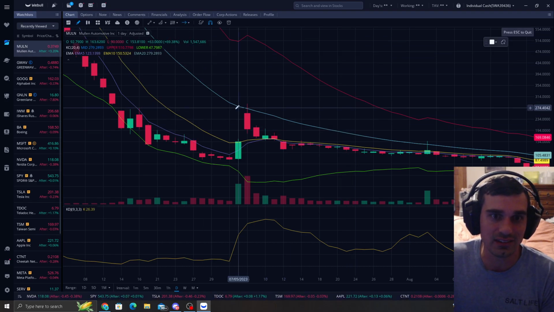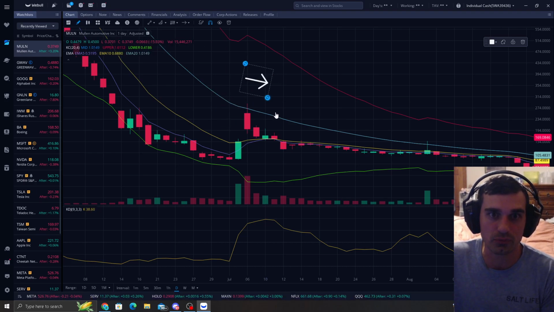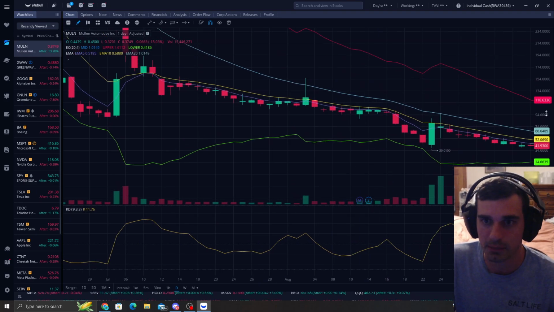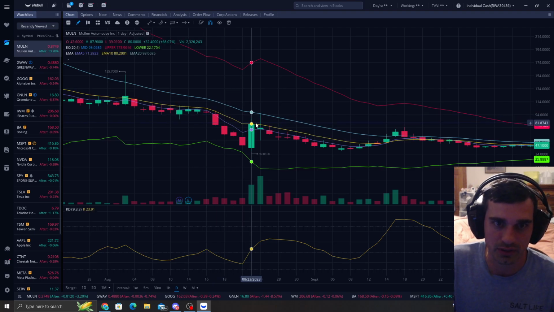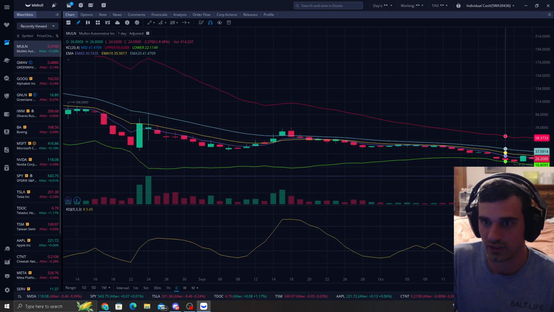Because once it does this, the algos tell us, are we going to go up, make an uptrend, or down, make a downtrend? Most often than not, a lot of the penny stocks pump and dump. They hit the 20 and they go down. And you got to look at these resistance points. The 10 is usually resistance, and that's what happens here. It hits the 10 and goes down.